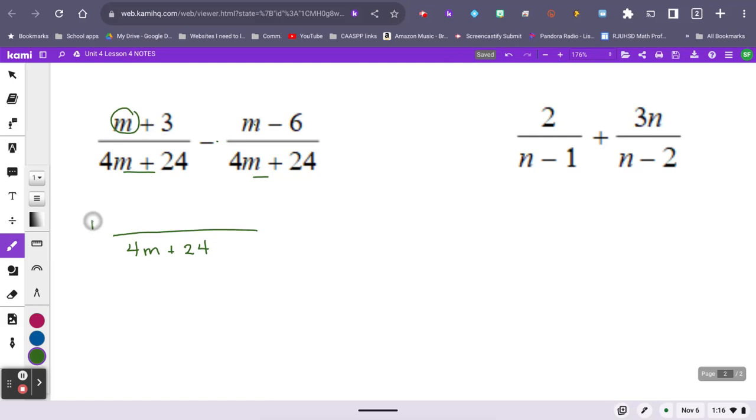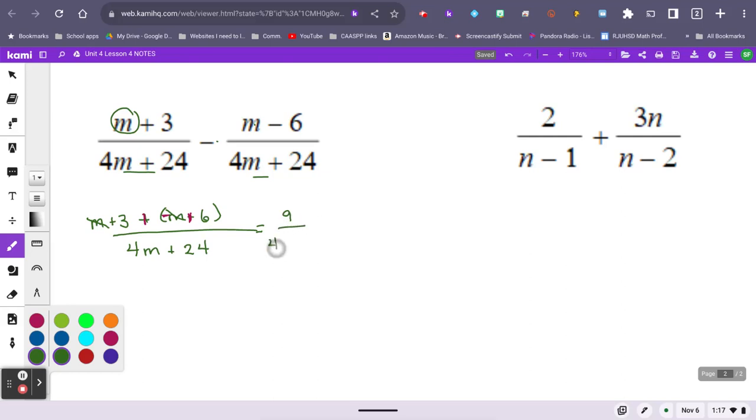Or if you want to, you could go like this, m plus 3 minus the m minus 6. Change the subtraction to addition, but everything in the second parentheses changes signs. Sometimes that's a lot easier for students. And then m minus m, they're going to cross off. 3 plus 6 gives us 9